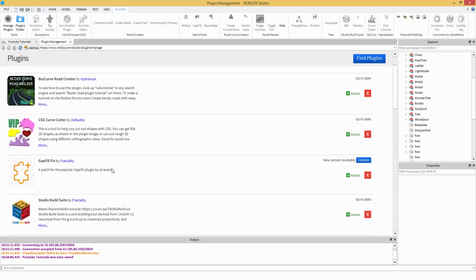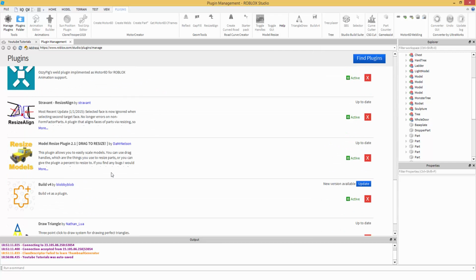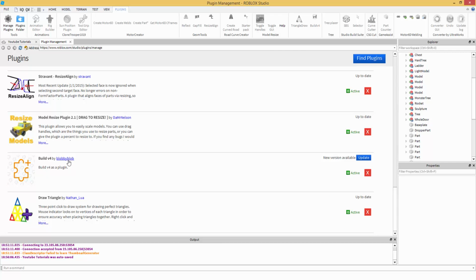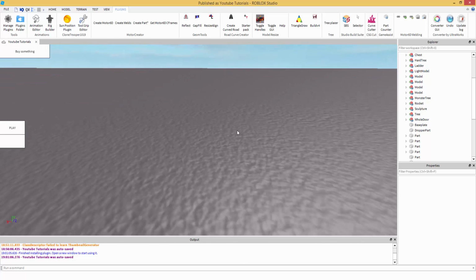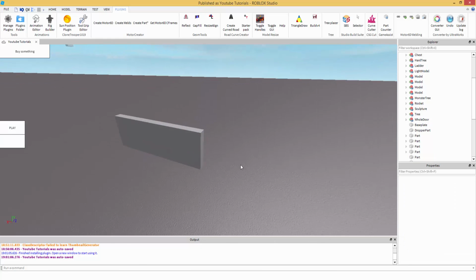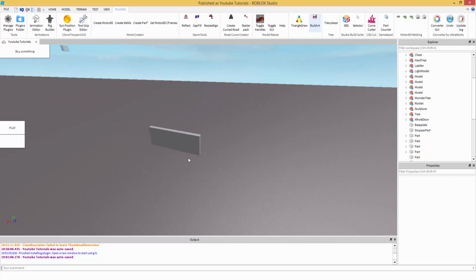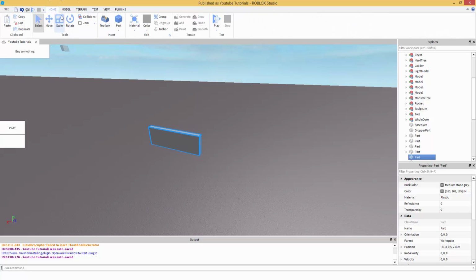Now this plugin is made by, let's see who this plugin is made by. Blobby Blob. Oh, new version. I'm going to update that. I'm not going to use the new update, I don't feel like exiting it out and rejoining. But yeah, so you're going to want to get this, and then we can start on building